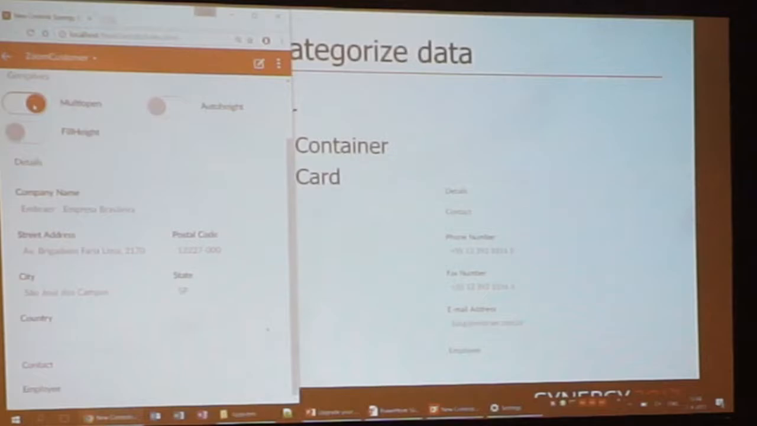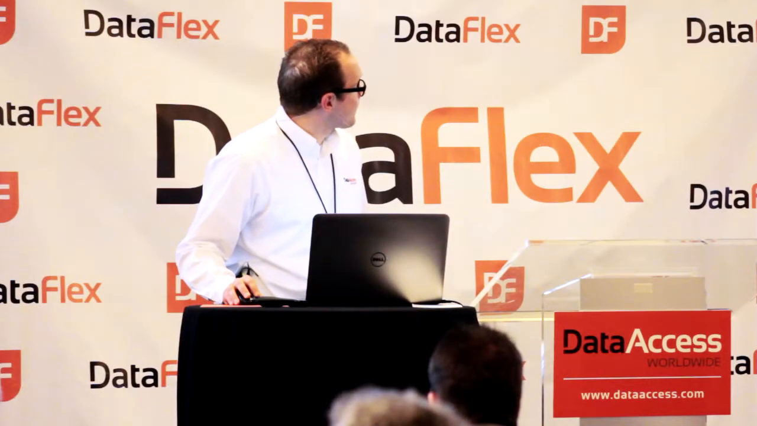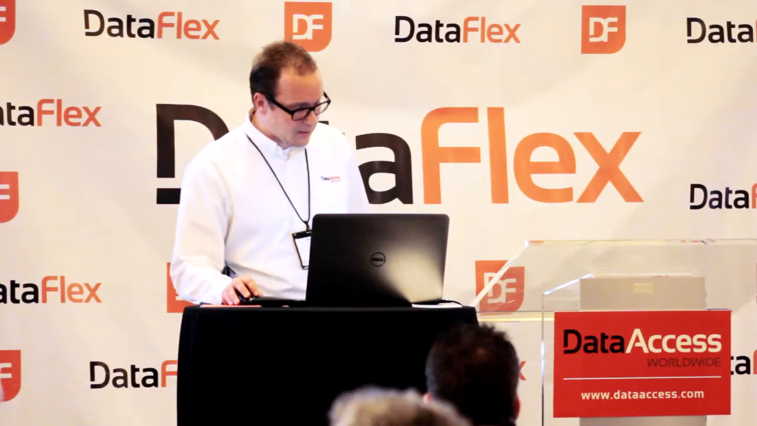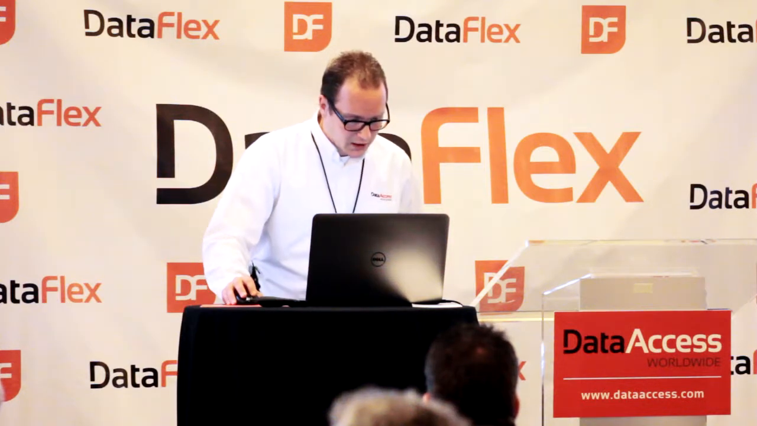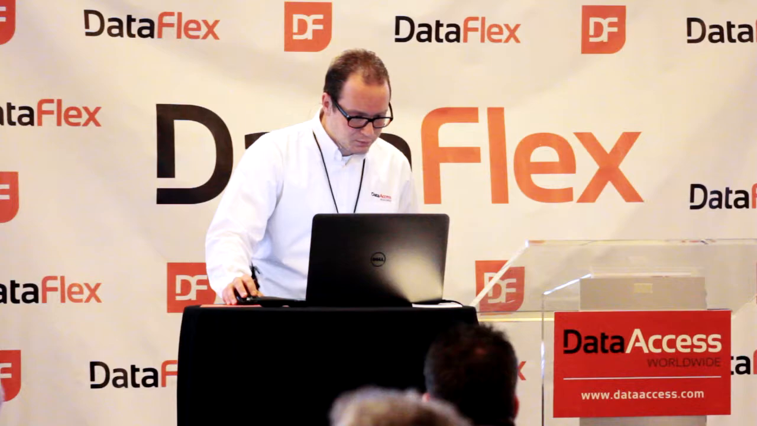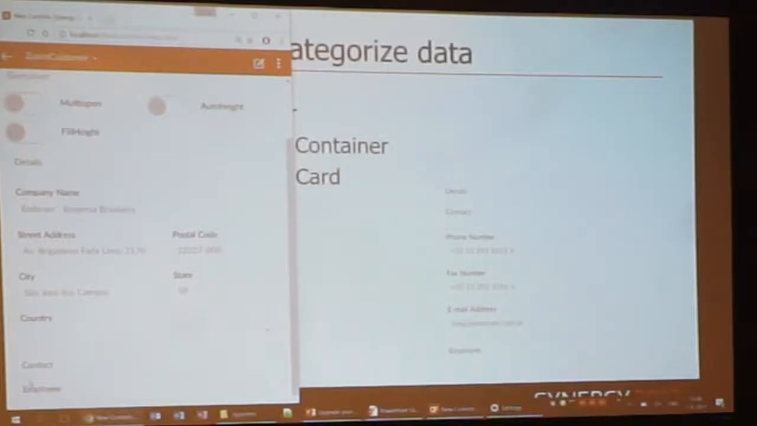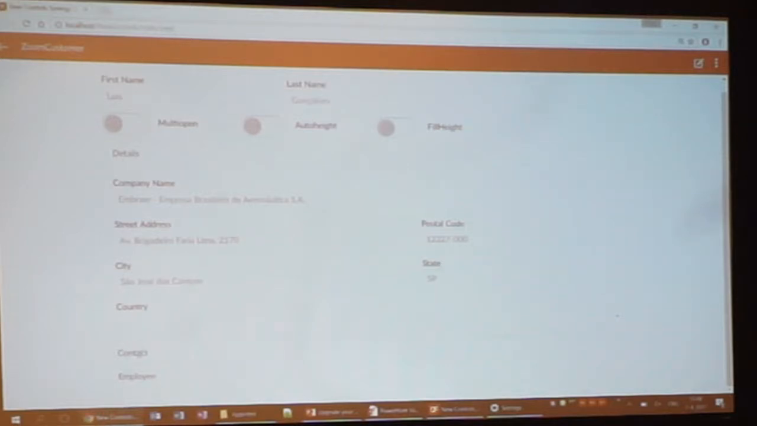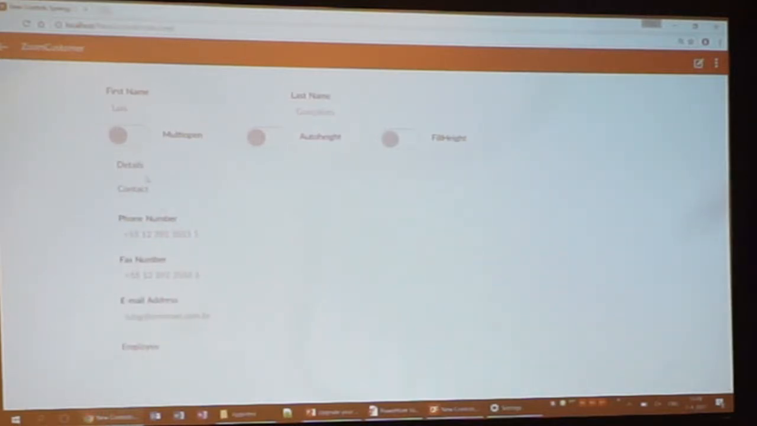You can also configure to only have one card open at the same time. So if you use that checkbox, it will do that. So now it should have only one open at the same time. Should make my screen a little bigger. So now you see it closes the one that's open,